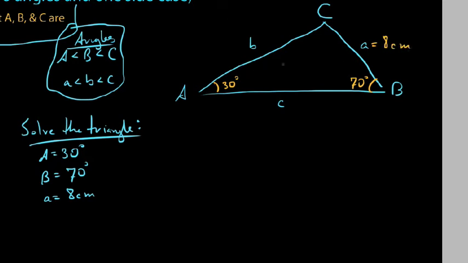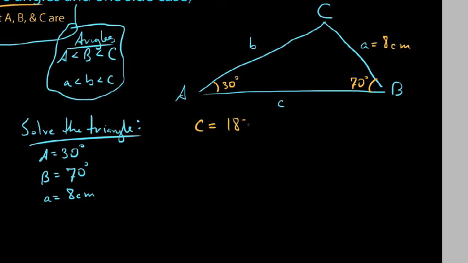Now our goal here is to solve this oblique triangle, this non-right triangle. Let's be more general about it. If we know first of all that angle A is 30 degrees and angle B is 70 degrees, the nice thing about starting with the two angle case is this: we can always determine the third angle because we know that the sum of these three angles must be 180 degrees. That is, if we were to determine angle C, we could say the measure of angle C is actually equal to